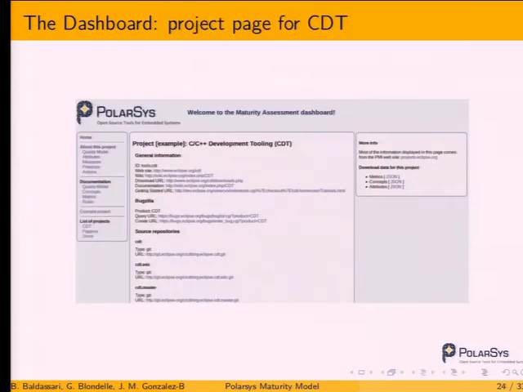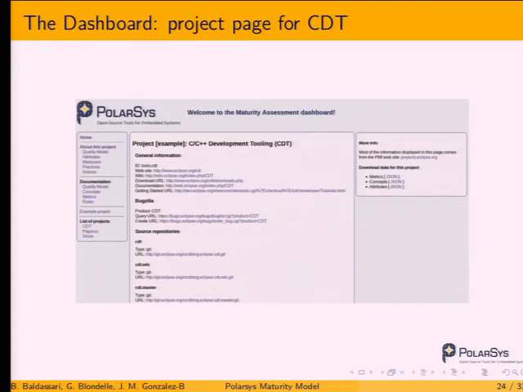When you click on the project, you arrive on this page, which has all the information we gather from the PMI file. So you have all the repositories, the mailing list, and the description of the releases and milestones and so on, which is here. This is important because you can download all the files that we generate: the metrics, the attributes, the concepts, and so on.